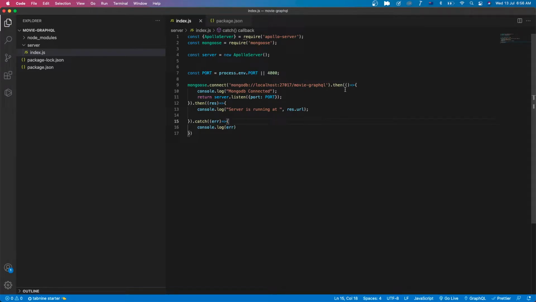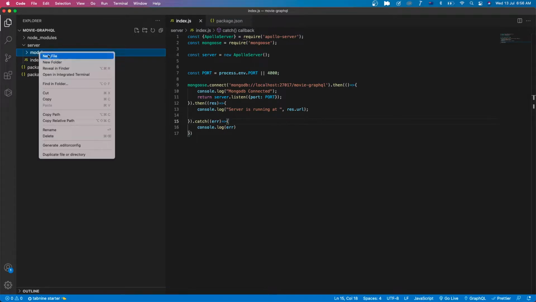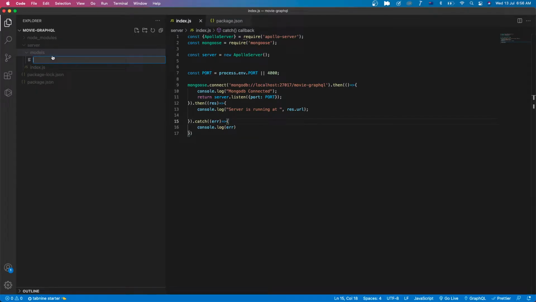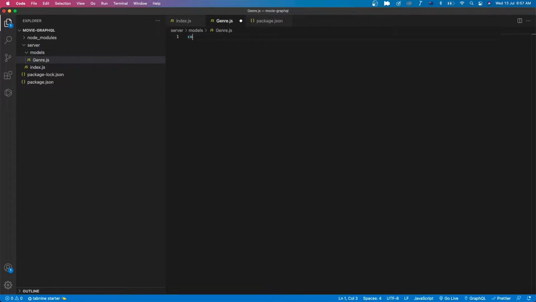Let's save the file and we have to create another folder in the server folder. This will be the models. We will define the model of the genre and the movie in this folder. I'll create a new file named genre.js. We will bring mongoose, require mongoose, then const genre